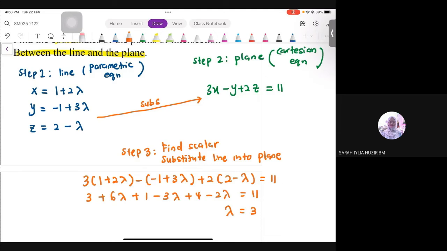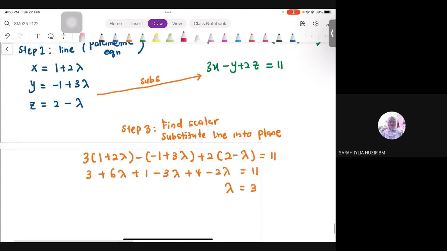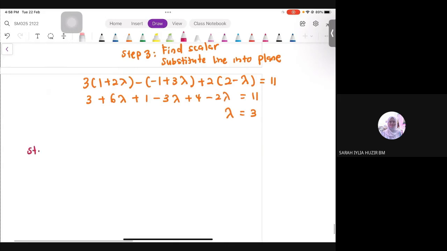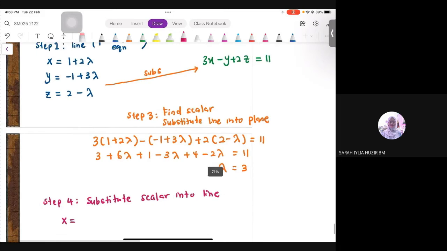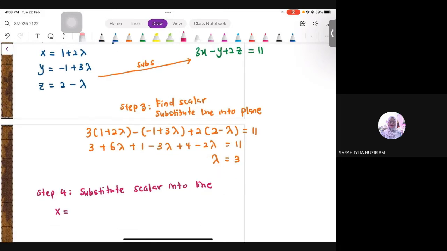Moving on to the last step, step number 4. Once we obtain the value for our scalar, we will substitute the scalar back into our line equation. Why do we do this? Because the line basically has three main equations just now, x, y, and z, and that would be the coordinate of the point of intersection. So for the first one, we have x is 1 plus 2 lambda, so we have 1